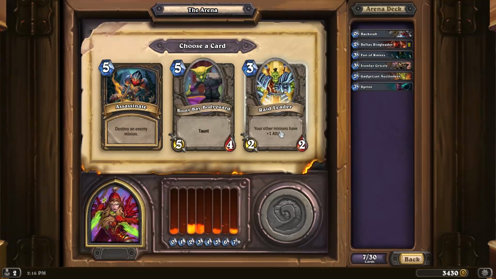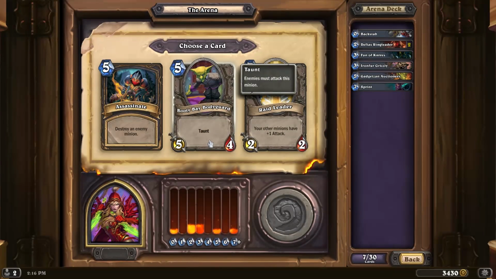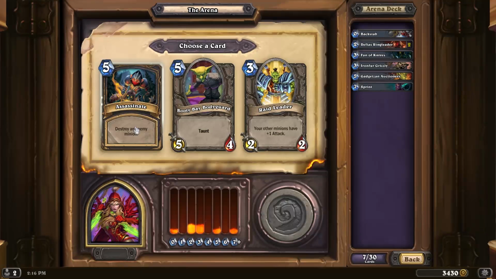Okay. Raid Leader is definitely the worst of these. Its stats are far too weak to justify it at 3 mana, and its spell text is not strong enough. Bodyguard's also fairly weak. 4 health is very low, so I'm going to go Assassinate. I like that 1 or 2 Assassinates,